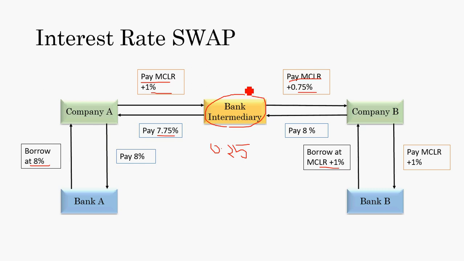Generally, in a swap, we consider it to have two legs where transaction happens between company A and company B, and then again company B to company A. So we call it two legs of a transaction. So a bank is going to charge commission on both the legs. So effectively, in this case, the bank is going to net 0.5 percentage of the total transaction amount. Okay, so this is how typically an interest rate swap will work.